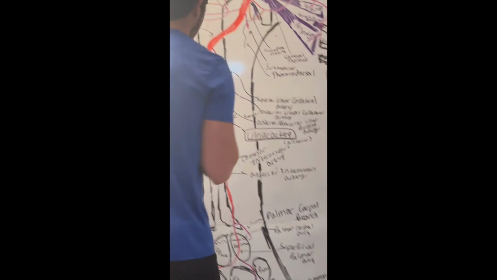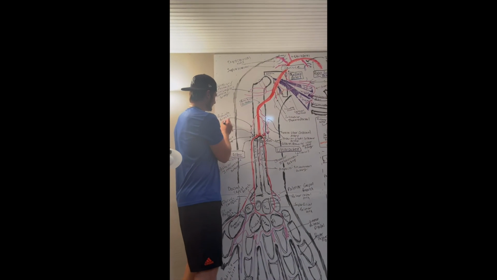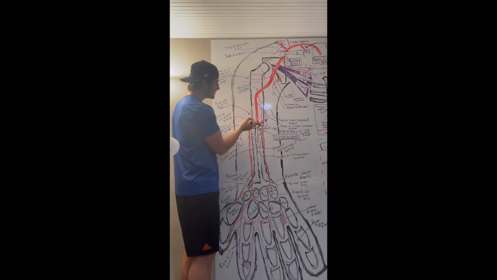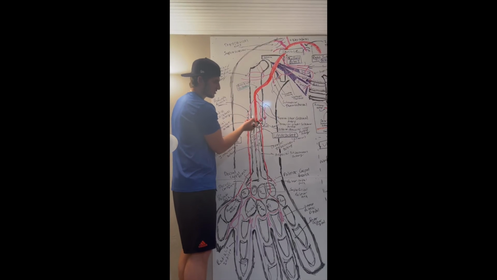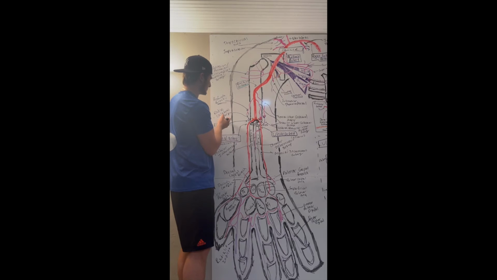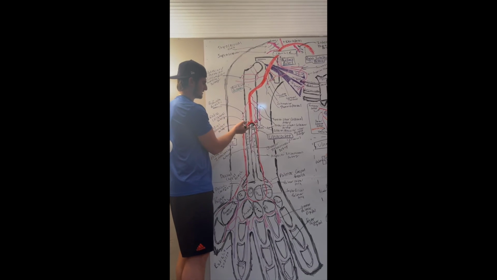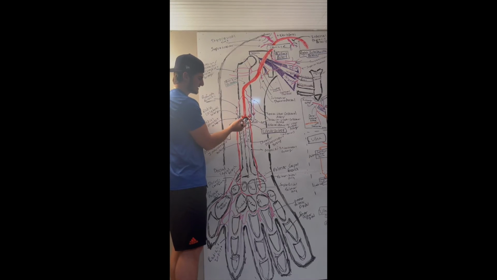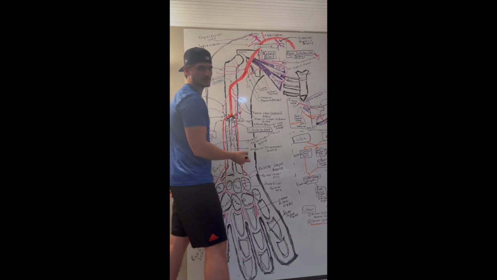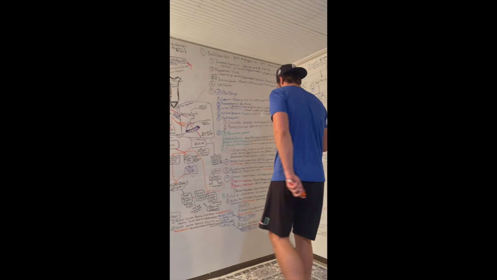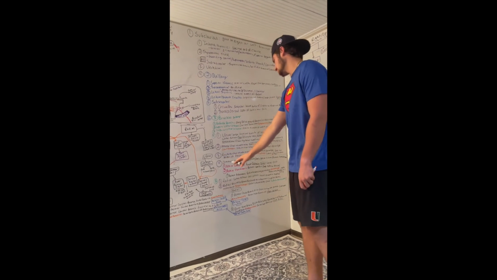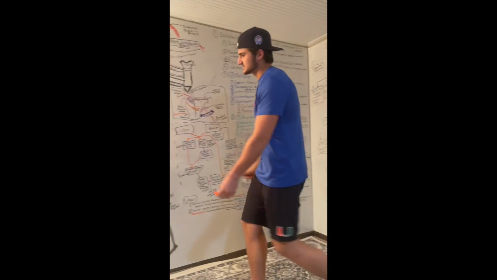Okay, what is the profunda brachial artery? So the profunda brachial artery, right, comes off of the brachial artery. It's going to have an artery coming off of it called the radial collateral artery. The radial collateral artery is then going to form with the radial recurrent artery into the radial artery. It's another anastomosis. Okay, now, if we talk about the ulnar and radial together, right, as they flow down together,